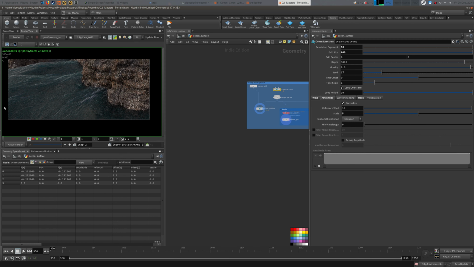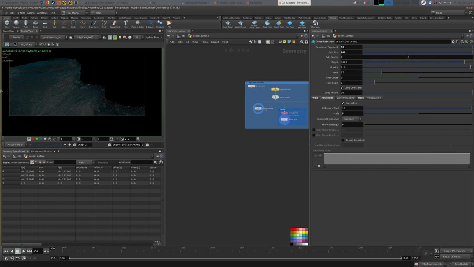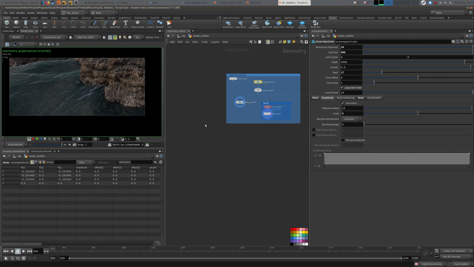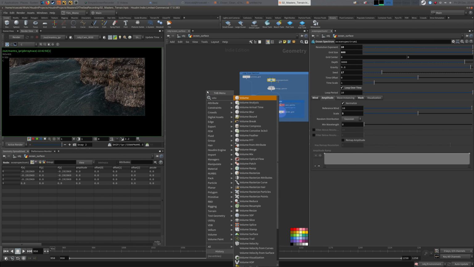So that's why I don't want to generate a velocity volume of the entire water area, but I want to focus on this section, because most of the time in movies like this we work shot by shot, so we optimize everything. We don't generate a giant ocean that works under every camera angle, obviously. Okay, so in order to do that, let's create a volume,